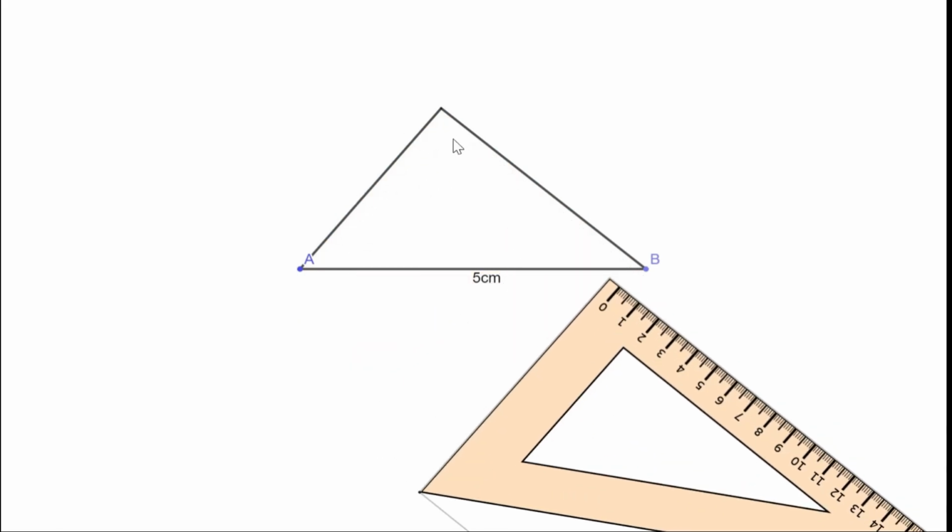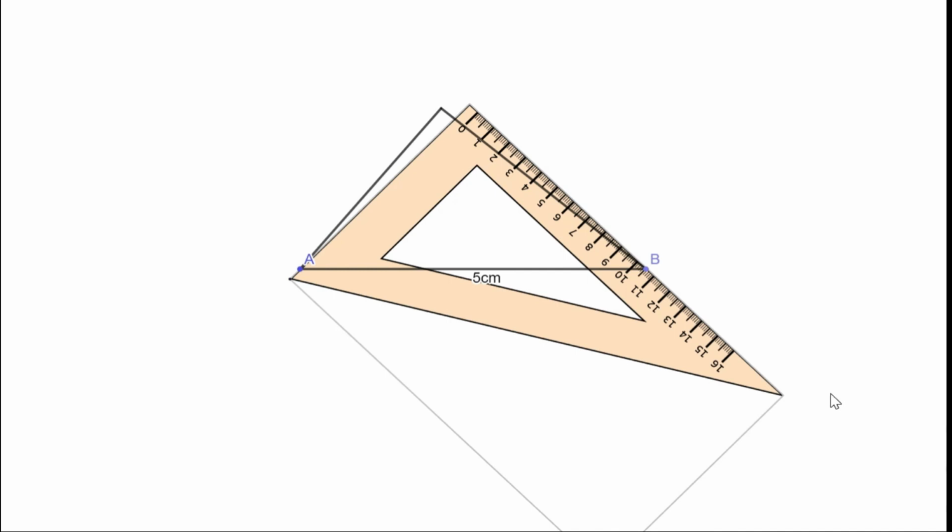Now we can see a right angle triangle here. Now you can place the set square in a different position and again you can draw lines like this to get a different right angle triangle with hypotenuse 5 cm. Just like this you can draw a lot of right angle triangles with hypotenuse 5 cm using set square. Only thing is that one end of the line should be on one side of the set square and the other end should be on the other side of the set square.